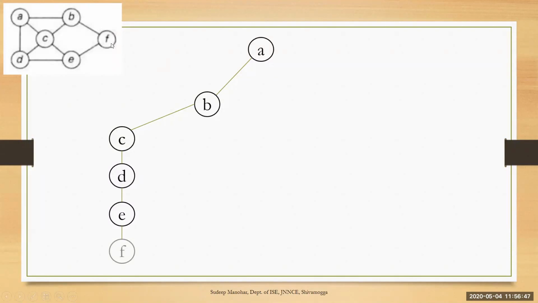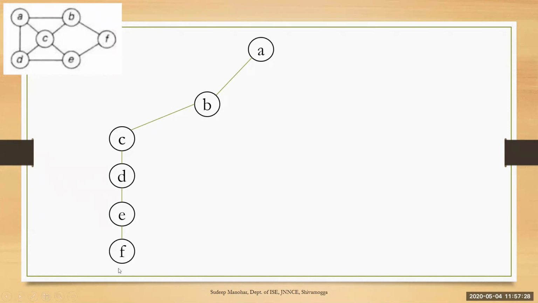Okay, from F. Since this is the nth vertex, what the algorithm tells us is, there are totally 5 plus 1, 6 vertices, and in this cycle you are choosing the 6th vertex. Now when you choose the 6th vertex, there should be an edge from the previous vertex, that is from E. There is an edge, it is true, and there should be an edge to x1. X1 is the starting vertex. From F to A there should be an edge. There is no edge from F to A. That means you are in the nth vertex, and that condition doesn't satisfy that there should be an edge from the nth vertex to the starting vertex.